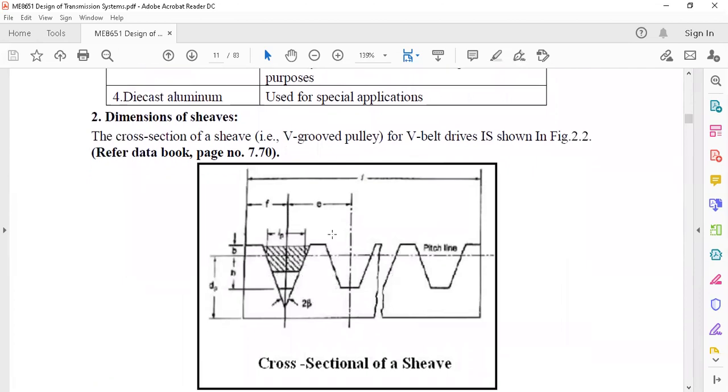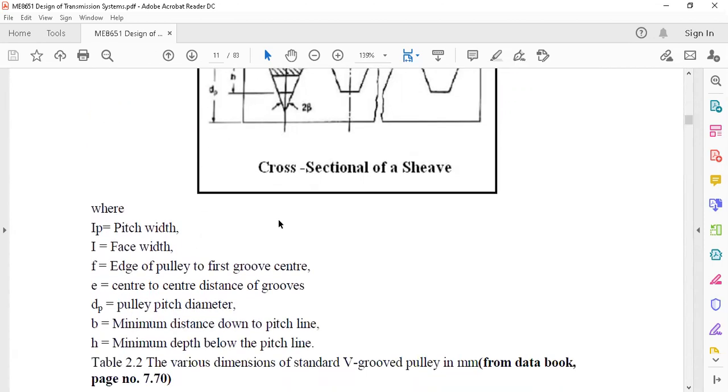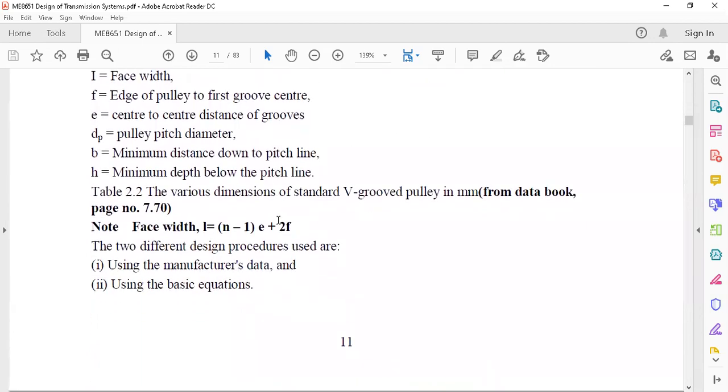This is a general dimension, which is the total distance. We want to know the depth, which comes from calculating the pitch line, and from the pitch line, what is the addendum and the dedendum. When you consider internal gears, it will be different from external gears, with different addendum and dedendum, arc of contact and angle of contact. Those are the things we want to know.